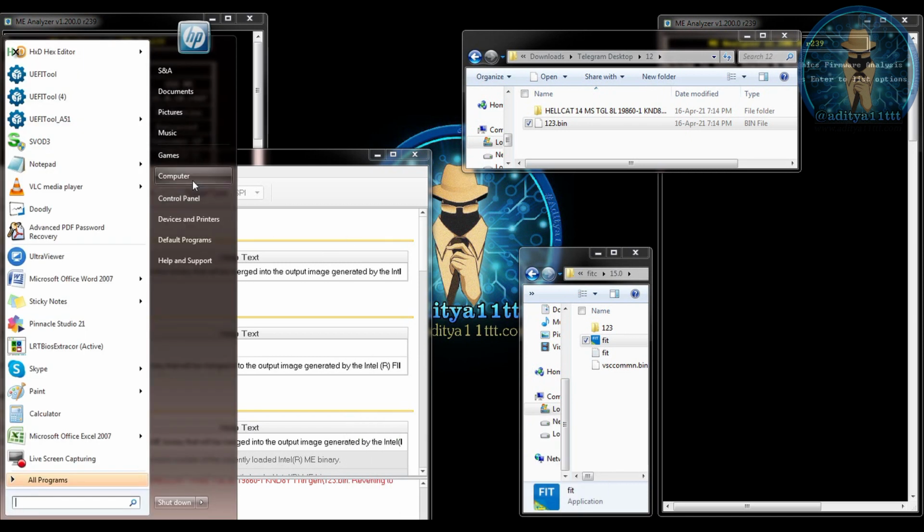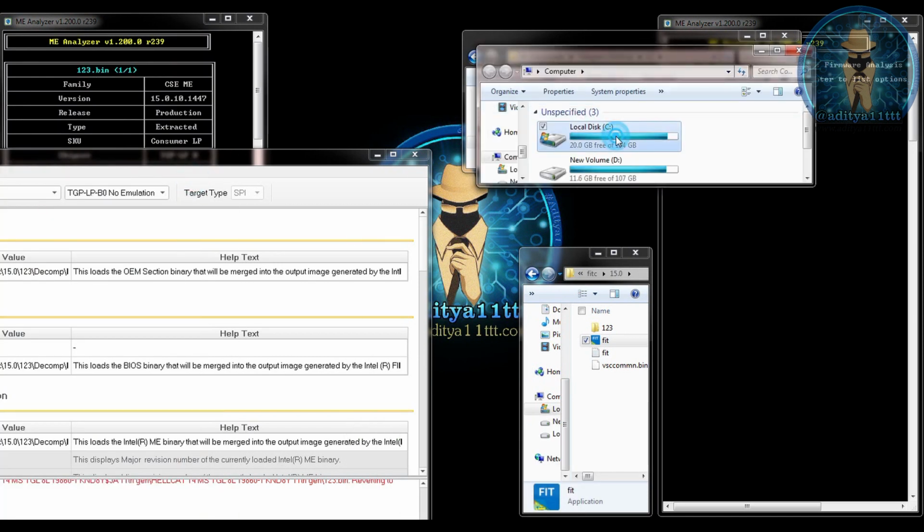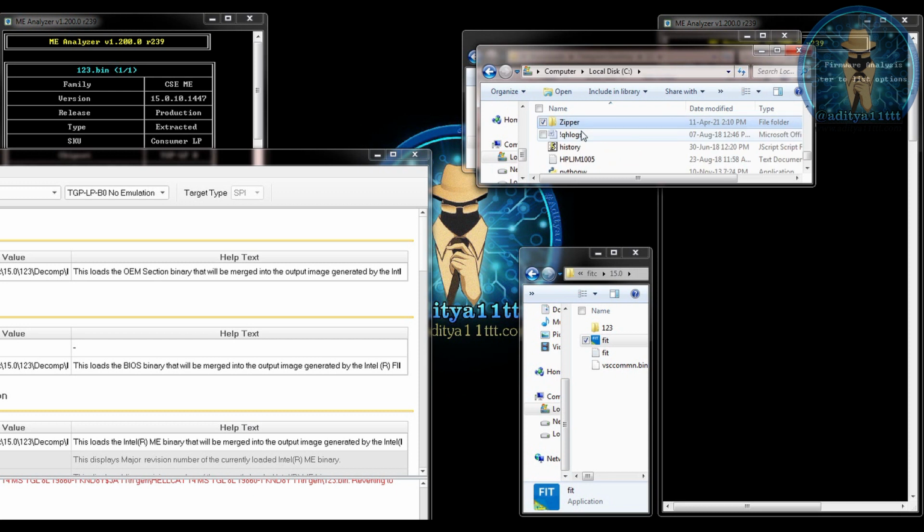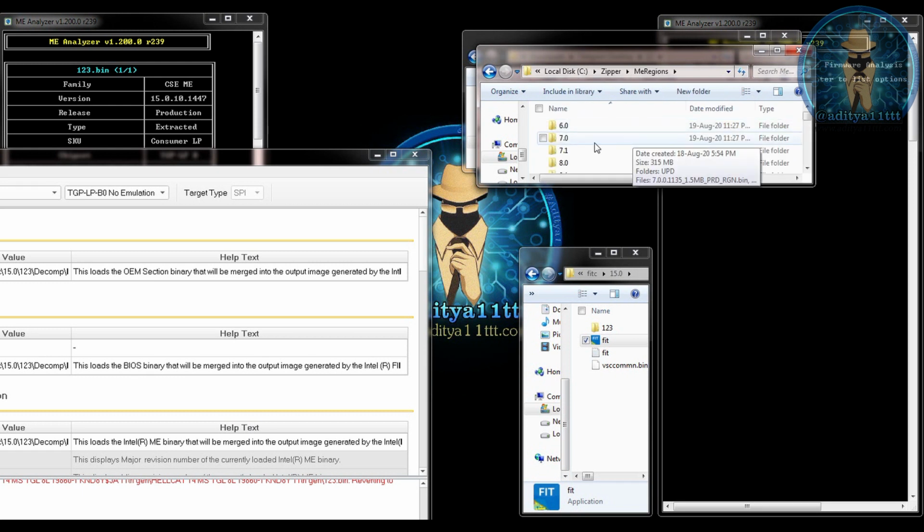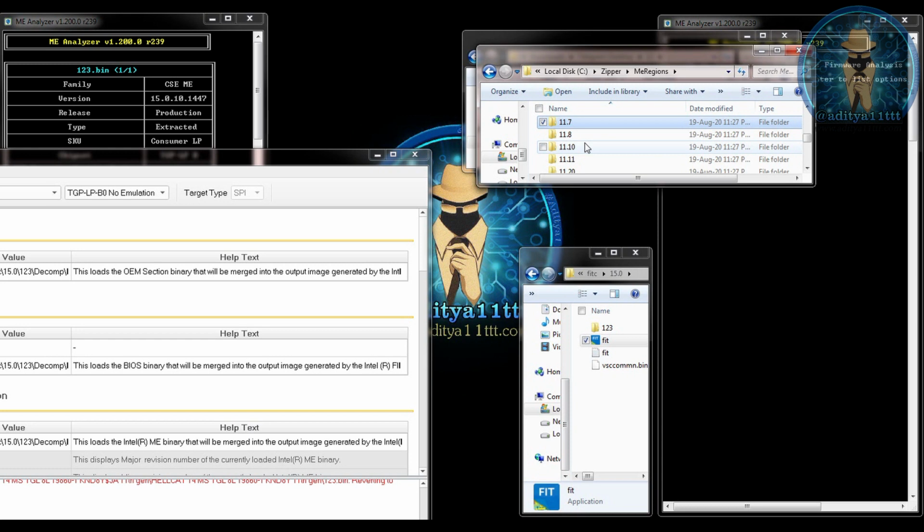For that I have to open my computer, then the zipper, ME regions. This is my ME region folder. So I'll directly go to the 15th version, that is here.